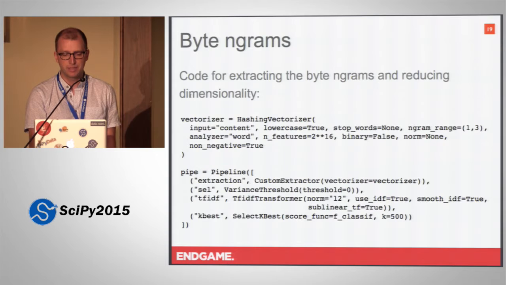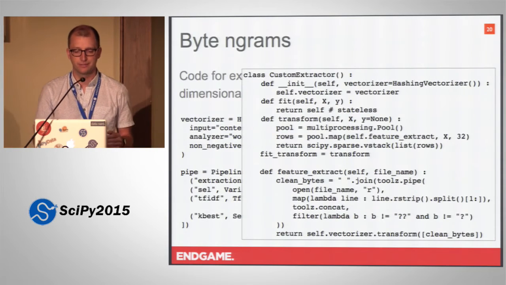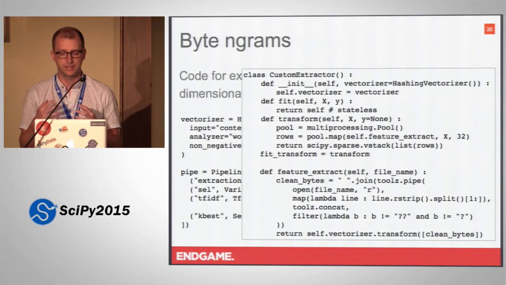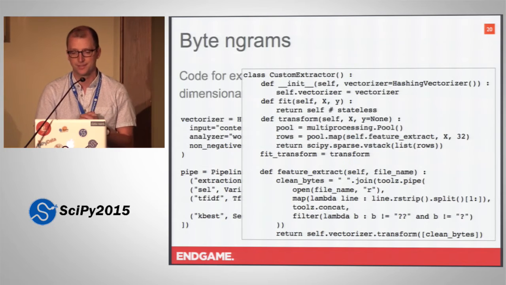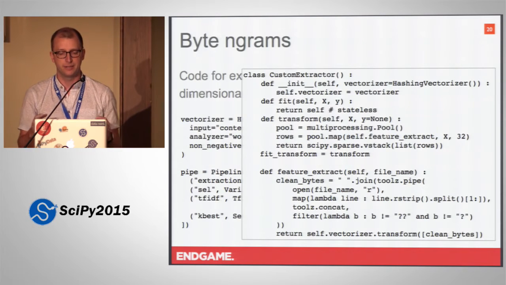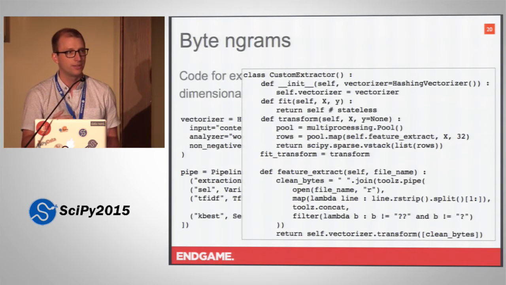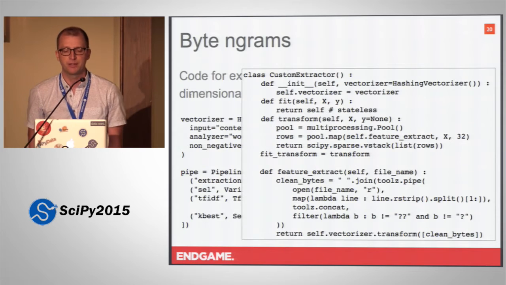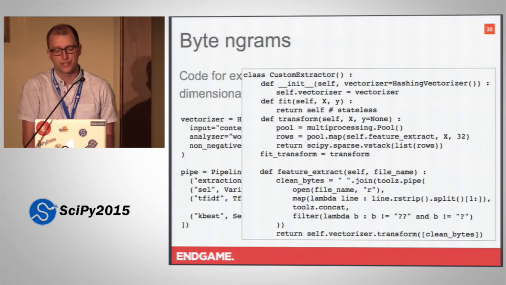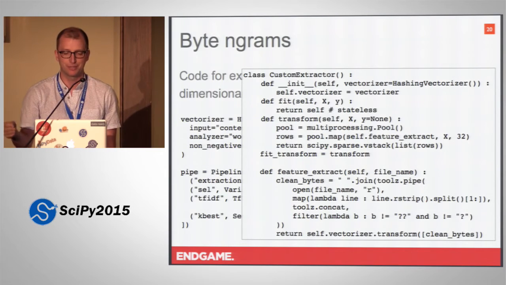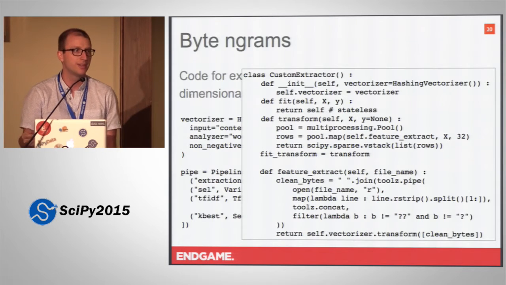So you can see that in my pipeline, I had a custom extractor there. Scikit-learn has a great API. I love using it. I love the definition of the API, and it's so simple that it makes it easy for you to extend it through your own custom classes. And I did that here so that I could parallelize the reading and the processing of all these bytes text files that I had. A lot of the processing might have been disk intensive, so I'm not sure how much I gained by multiprocessing all this. But I think it's a testament to scikit-learn's extensibility and how easy it was to throw this together so that I could run this feature extract function on all of my text files.